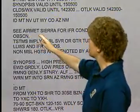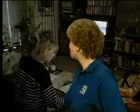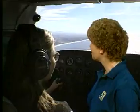You probably remember that in the area forecast, they ask you to check the latest AIRMET Sierra for any IFR conditions, and we said then that you'd learn more about that later. Well, now is later. You always want to be able to check for any hazardous weather that would affect your flight, so you can make a decision on whether to go or stay home and watch that special on TV. Or if you're in the air, so you can take advantage of that alternative action you planned during your pre-flight